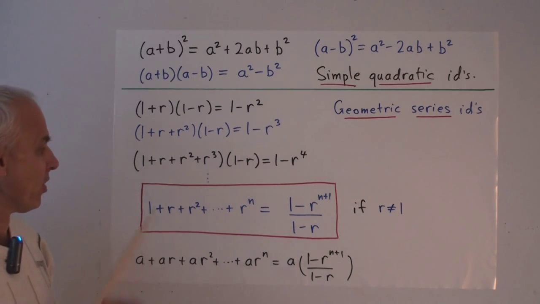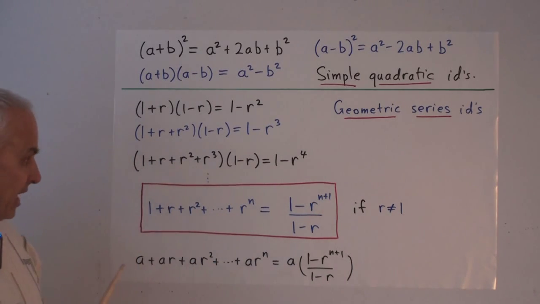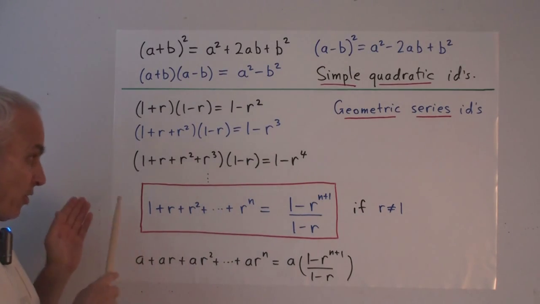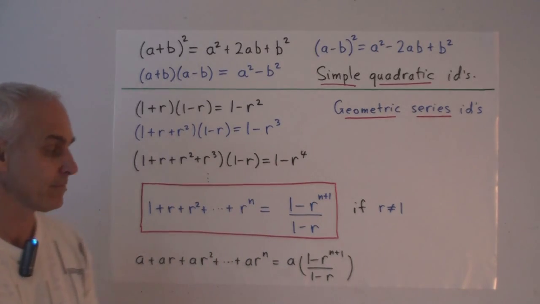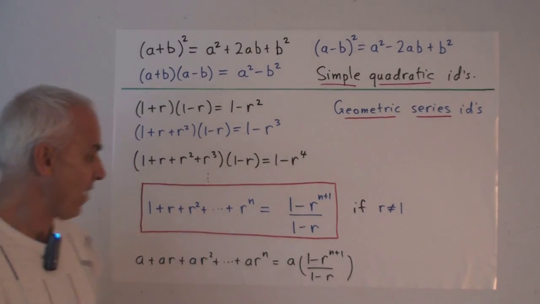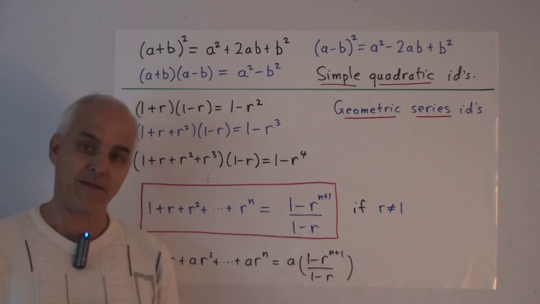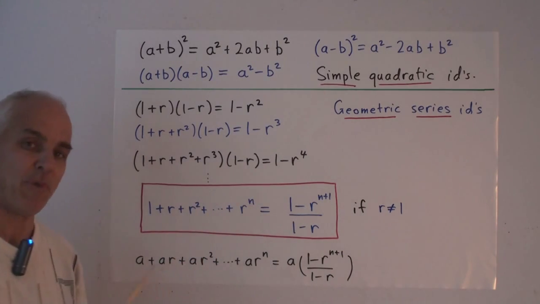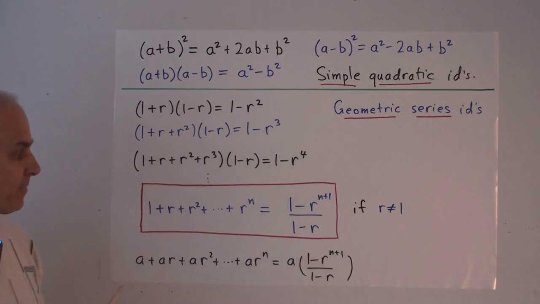That kind of telescoping or collapsing of intermediate terms happens for larger expressions. If we take 1 plus r plus r squared plus r cubed and multiply by 1 minus r, again, the only thing that's left after you expand and cancel is 1 minus r to the fourth. And then there's an obvious pattern that's established here. And we can write the general law involving not just a general letter r representing a number, but also in terms of a general exponent n, generalizing the 2, 3, 4, and so on that appeared here.